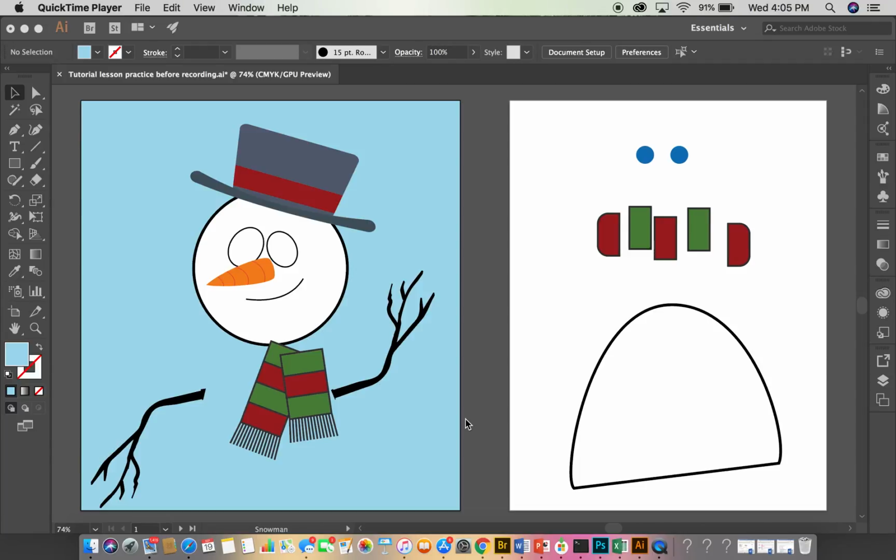Adobe Illustrator Classroom in a Book. This is page 61. We are going to be working with this snowman figure. So you need to open up the file that's called